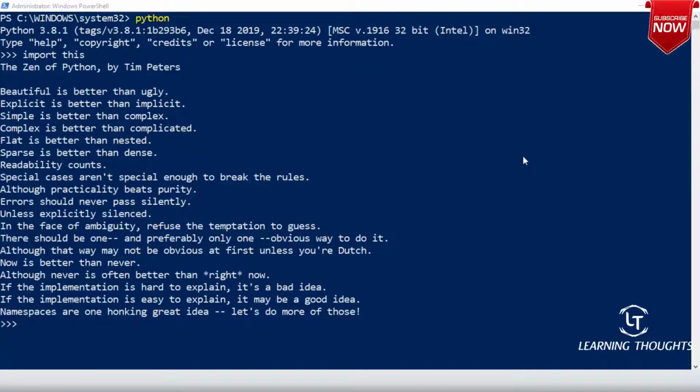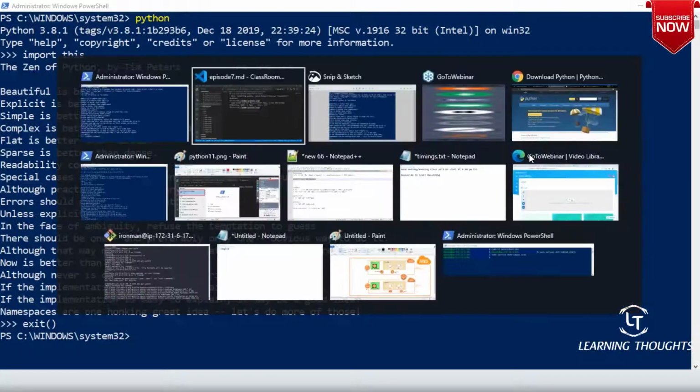Then the next thing I want you to do is type exit and parentheses. Exit with parentheses will bring you out of the Python interactive shell.